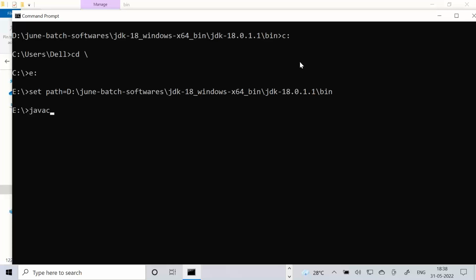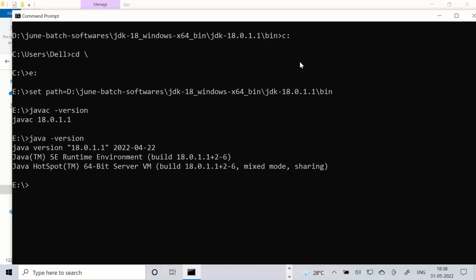Now you can trigger javac from anywhere. Go to the C drive, go to the D drive, from anywhere you can run.